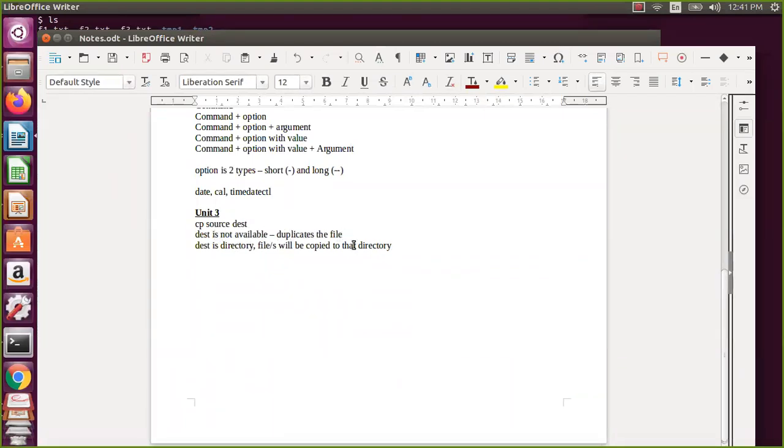If the destination is a file and available, it copies, duplicates, or overwrites the file. Destination is a file and is available, then it overwrites the file. Now this we have seen.